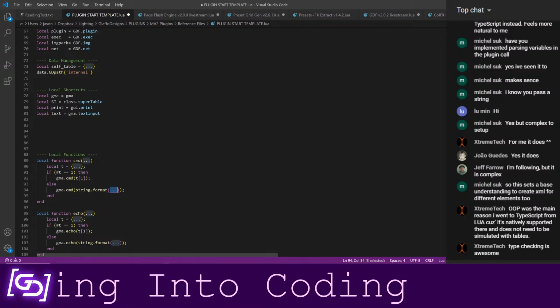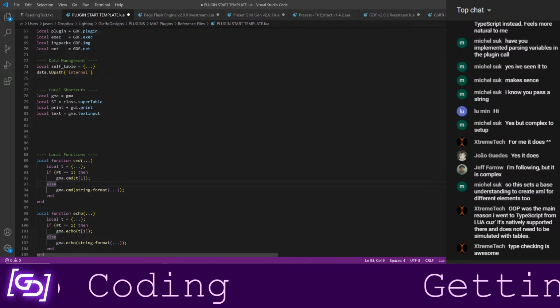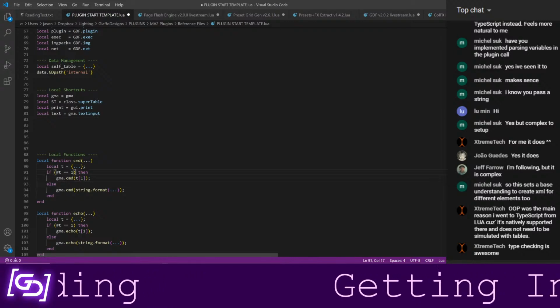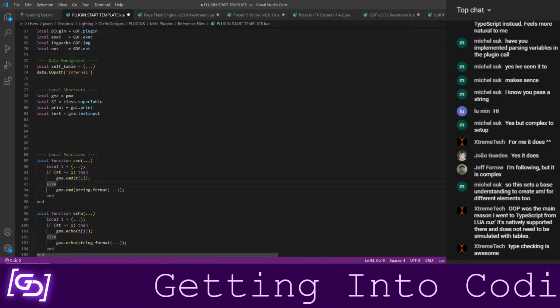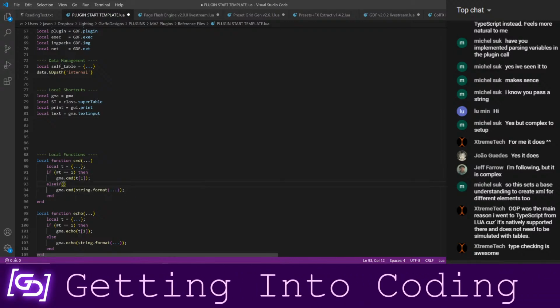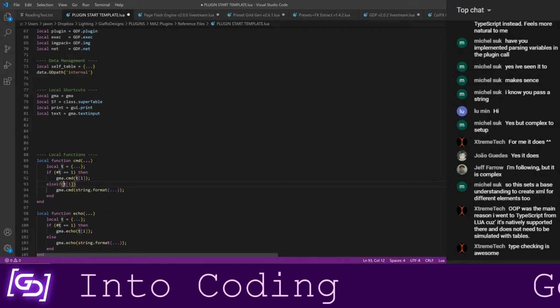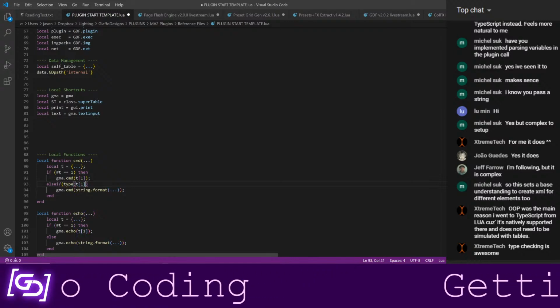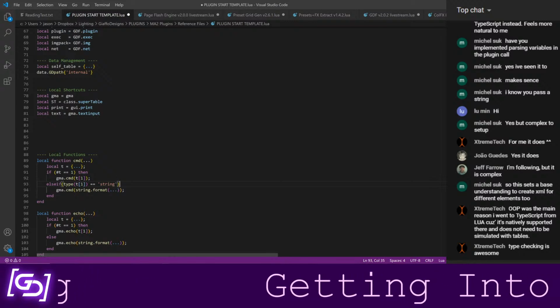So if I'm using string.format and I've detected that it is something, really this should be else if type of t1 equals string, because I should make sure that I'm passing a string to string.format.